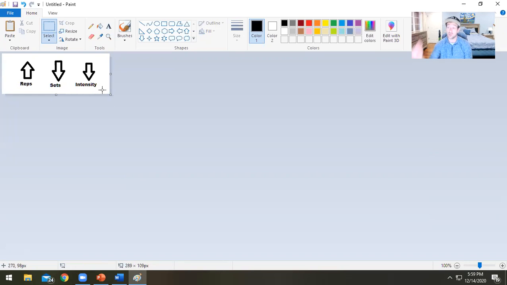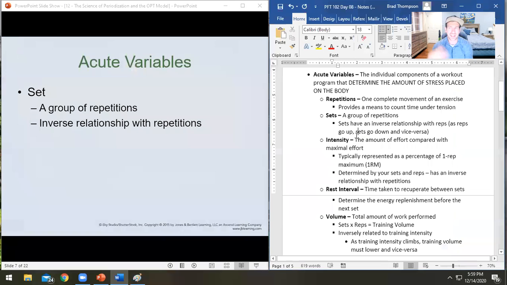So what we need to do, if your intensity is really high and your reps are really low, you're going to need to do very, very many sets in order to see adaptation. The highest NASM is going to have you go is about 6 sets. You're not going to see NASM recommend any greater than that in terms of set numbers. But there are programs out there that are like 10 sets of 1. That's a super intense program. Most of it's spent resting. What's ironic about that? You do 1 and you rest for like 5 minutes. You do 1,